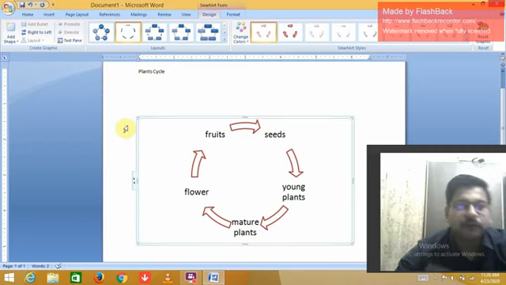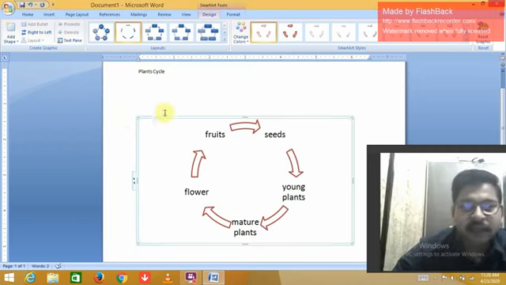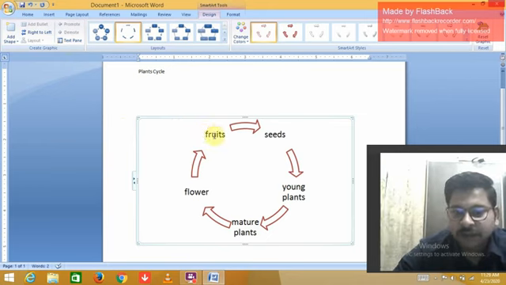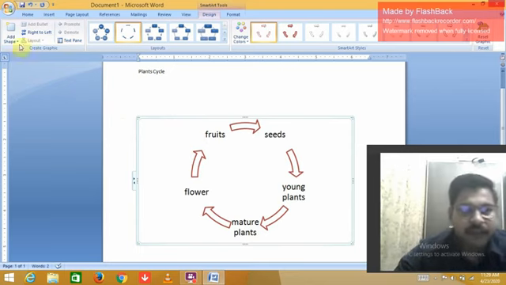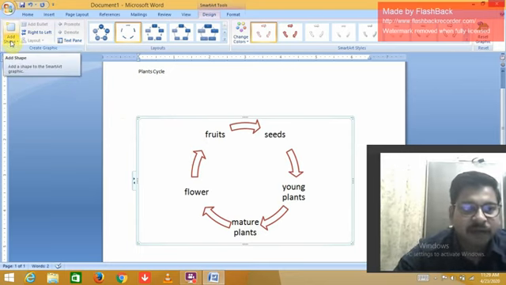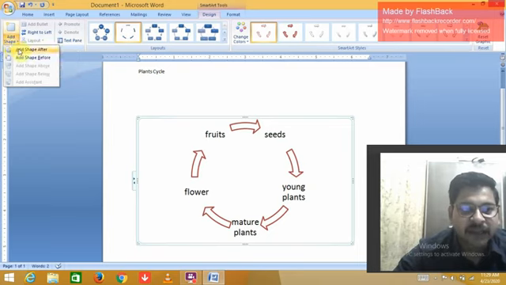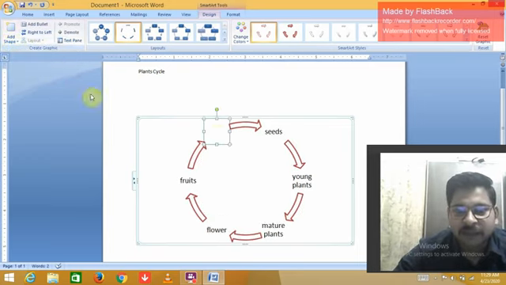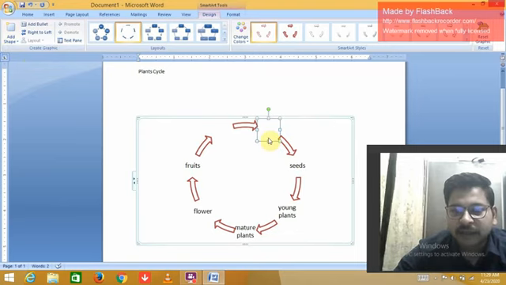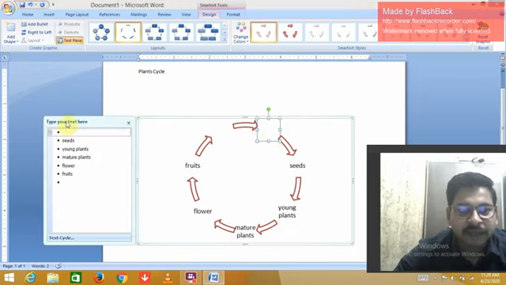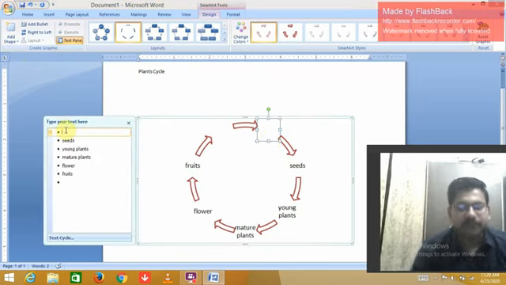In this cycle you can add only 5 words, as there is an option only for 5 words. If you have to insert more than 5 words, you can click on this button, add shape. After, you can see there is one more text box if you want to enter text there, or add shape before if you want text here. So open the text pane and insert the text.